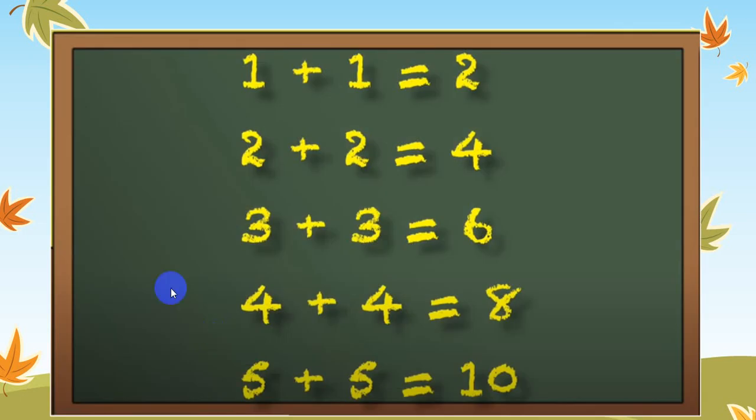Like if I have 1 and if I add 1 more, the same amount, the same 1, then the double of 1 will be 2. 1 plus 1 is equal to 2. So double of 1 will be 2. Let's do this on the 10 frame.